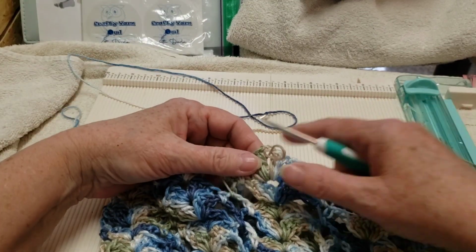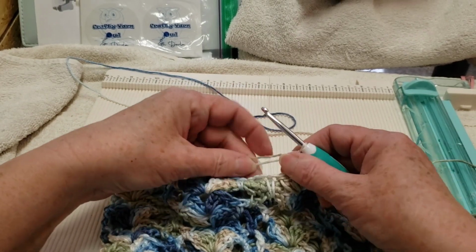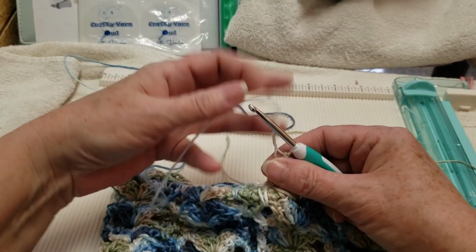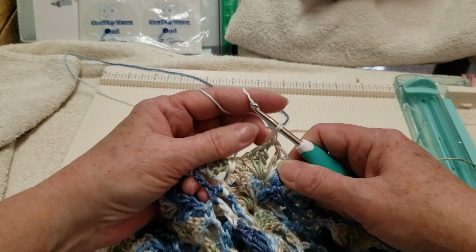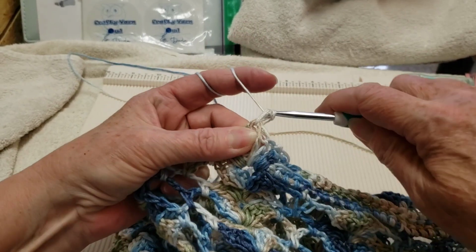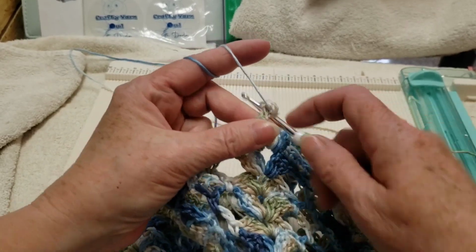you've made for your sleeve, because you'll need to make the same amount for the other one, so they'll be even. I made mine just past my wrist a little bit. Okay,